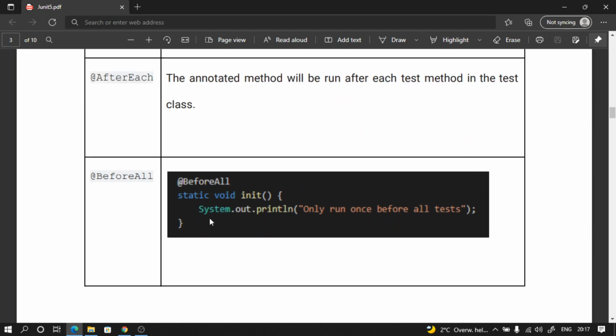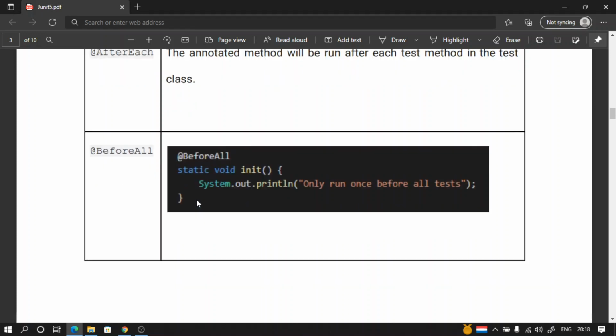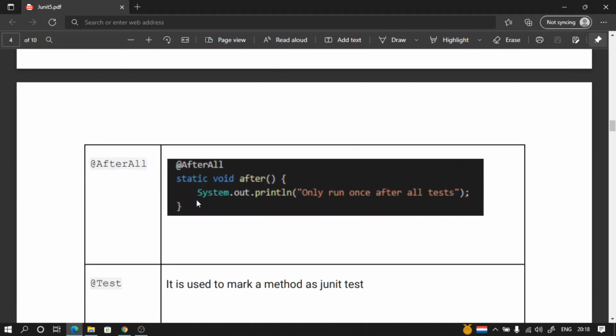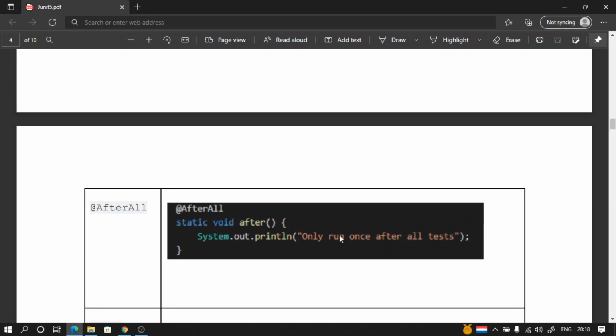That's the rule. So here we have the before all annotation method. This will only get executed once before all the tests, and this method should be declared static. Similarly, the after all method should also be declared static and it will only get executed once after all the tests have